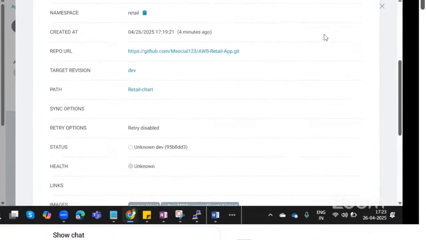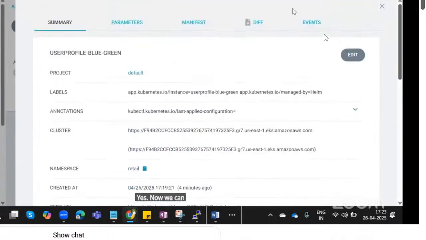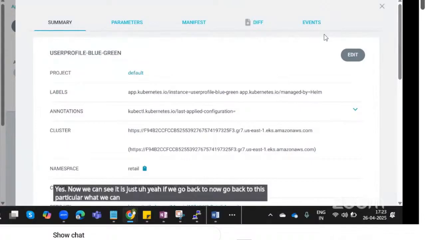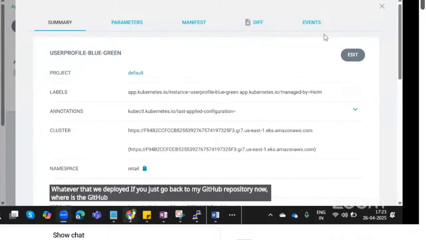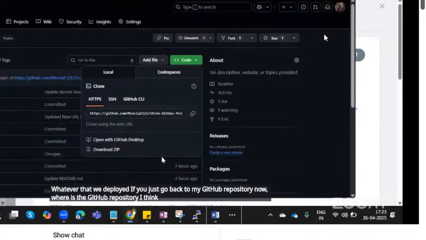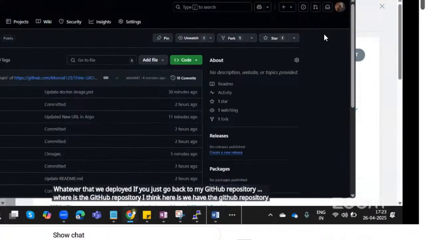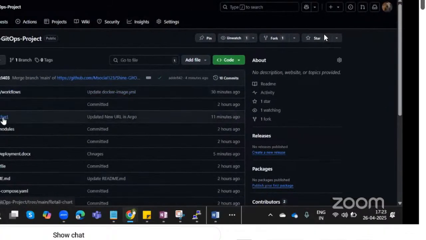Yes. Now if we go back to the YAML file that we deployed, if we go back to my GitHub repository now, where is the GitHub repository? I think here it is, we have the GitHub repository. If we come down and go back to the retail app,